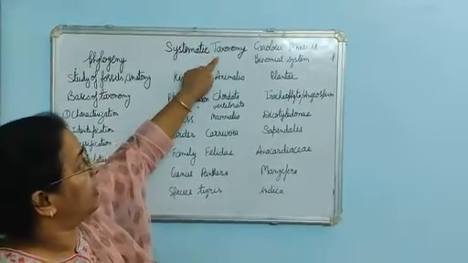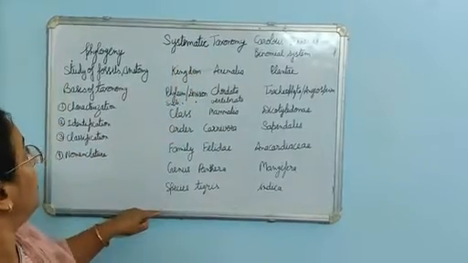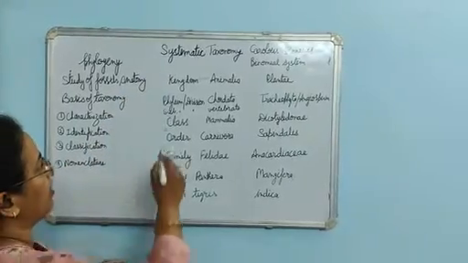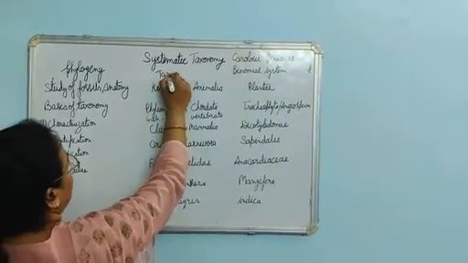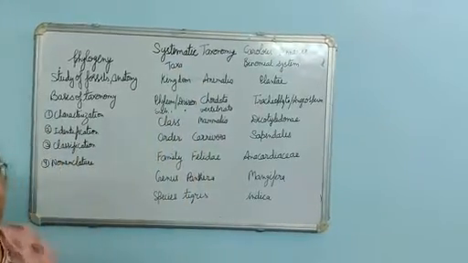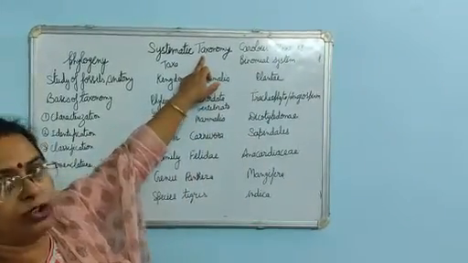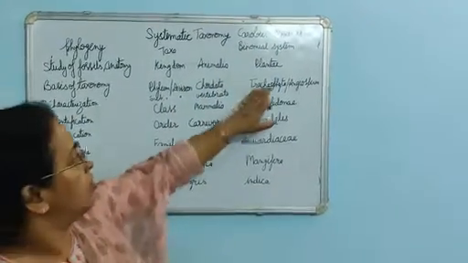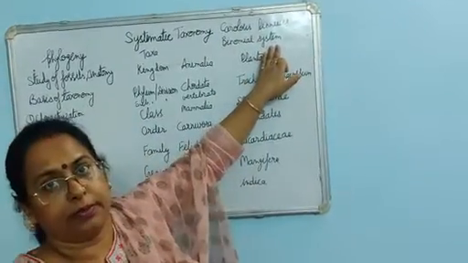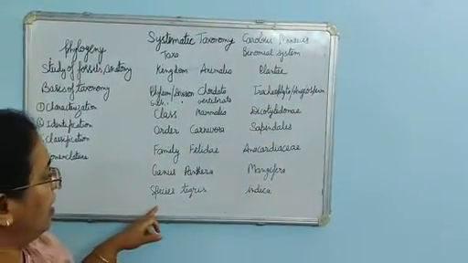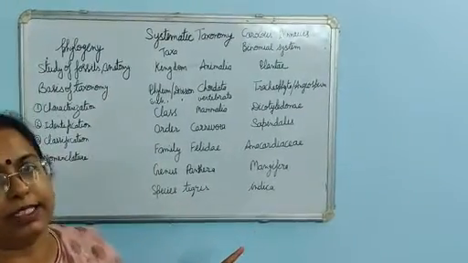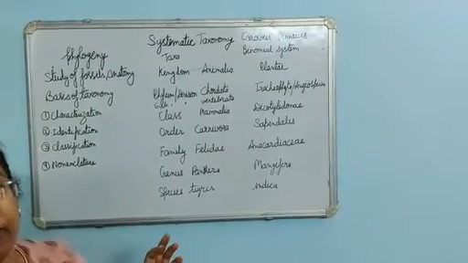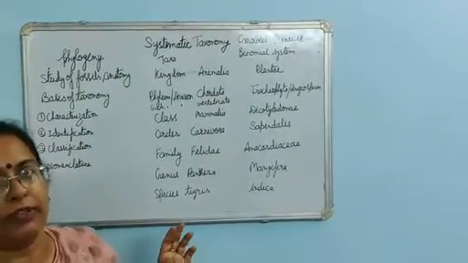In taxonomy, there are different categories into which we divide all the plants and animals. These categories are known as taxa. Taxa is plural because there are many groups, so they are known as taxa. That's why the name taxonomy is given. Carolus Linnaeus is known as the father of taxonomy, and he also gave the binomial system, meaning a scientific name is given to all the plants and animals, so that we can easily understand which plant or animal we are discussing.